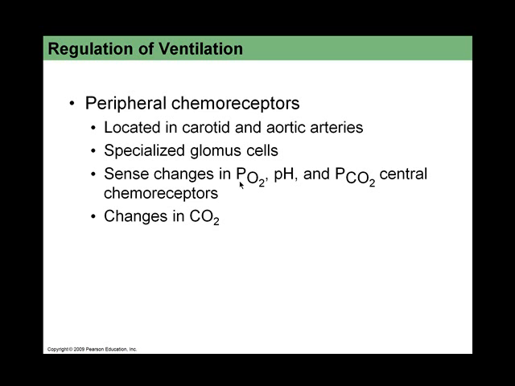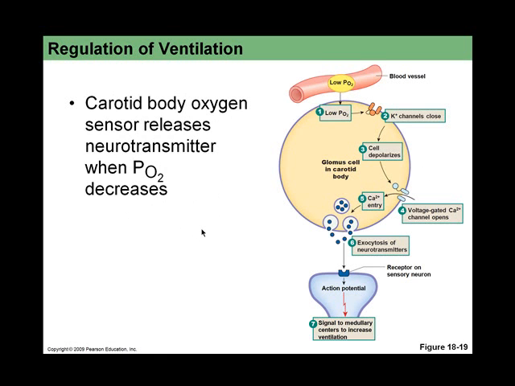They sense changes in PO2, pH, and PCO2. The central chemoreceptors also respond to changes in carbon dioxide that will stimulate these as well. So we've got the PCO2, the partial pressure, which can be varied, and then of course the concentration of dissolved carbon dioxide